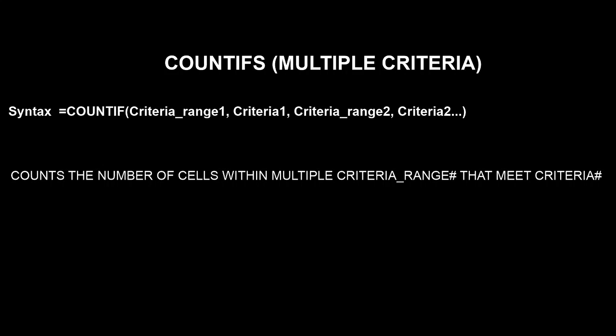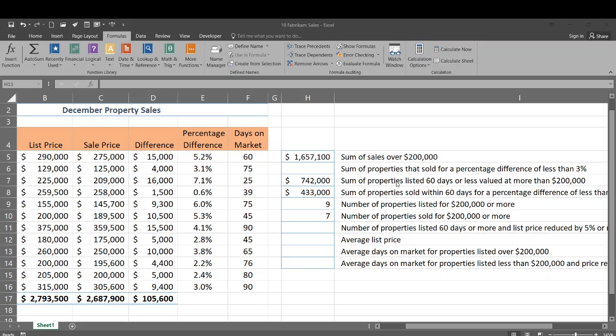The syntax for this is equals COUNTIFS, then we have criteria range 1 and the criteria that goes with that. Then we have criteria range 2 and the criteria that goes with that. So it counts the number of cells within multiple criteria, where the range number that goes with that meets the criteria number. So let's go over to our spreadsheet, and we're going to go to cell